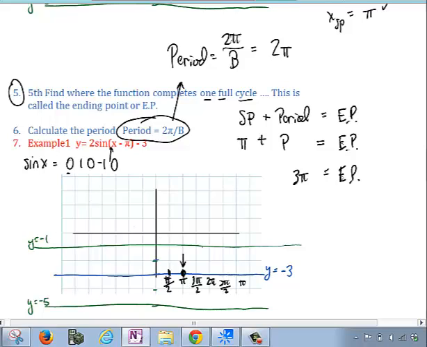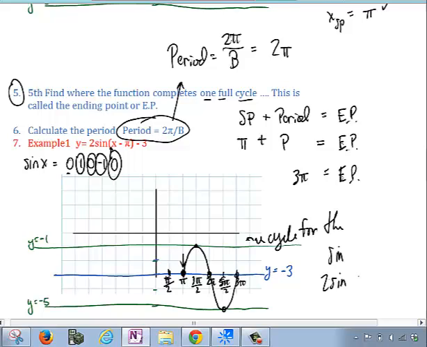So now it goes from the midline up to its highest value. That represents the max. This represents the midline value again. This represents going back down to its bottom value. And this represents going to the midline again. So we draw in the sine function. And that is one cycle for the sine function,